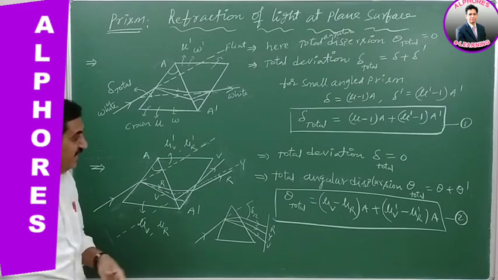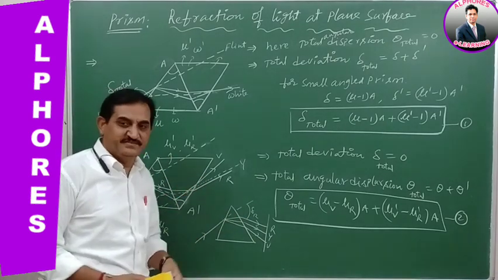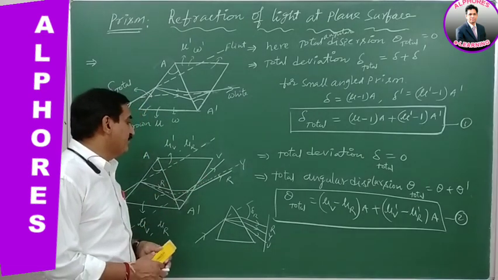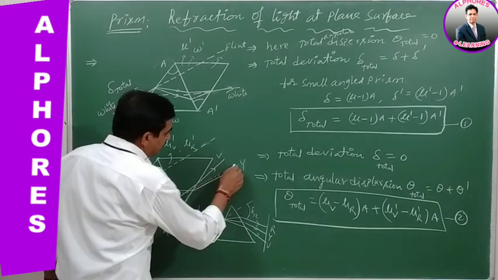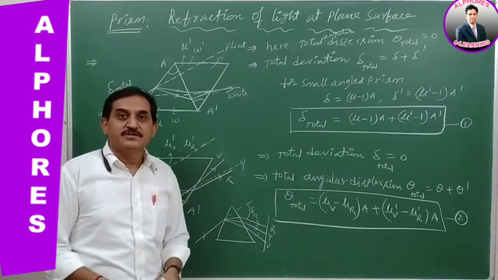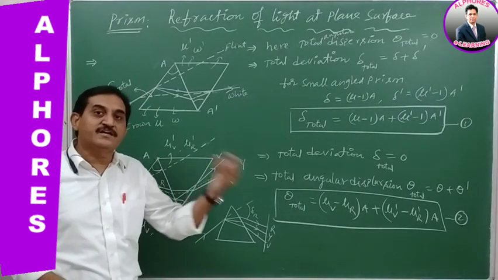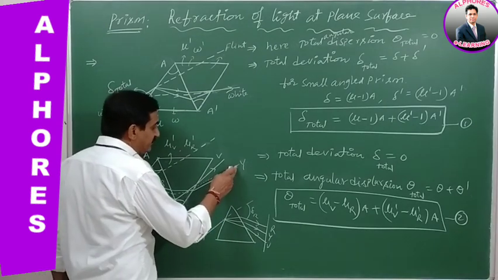And one more possibility is there: a combination of two prisms connected in such a way that it gives the dispersion but nullifies the deviation. How does it nullify the deviation? This is the incident light and this is the emergent light. Which light are you taking as the reference in understanding the deviation 0? That is the yellow colored light, the mean color.